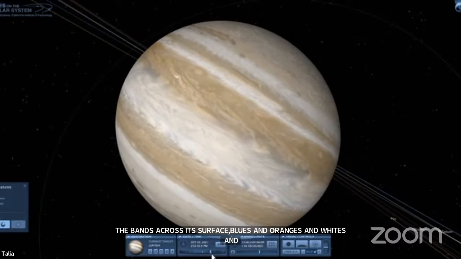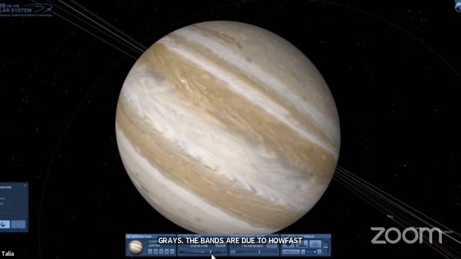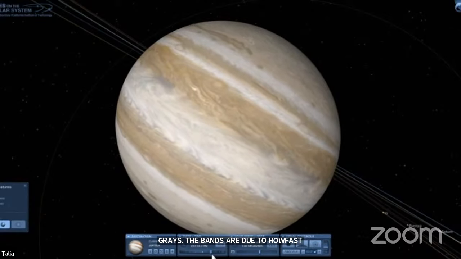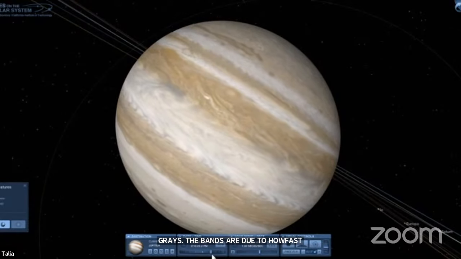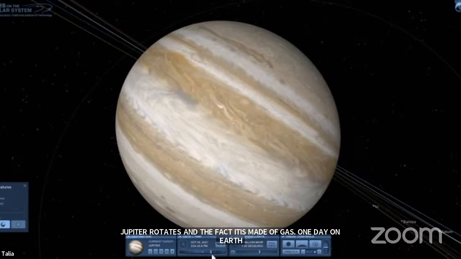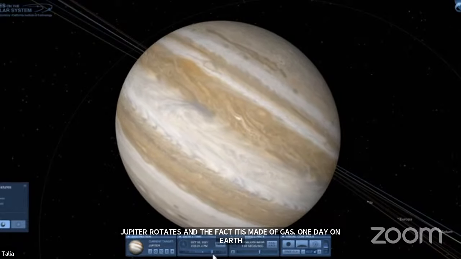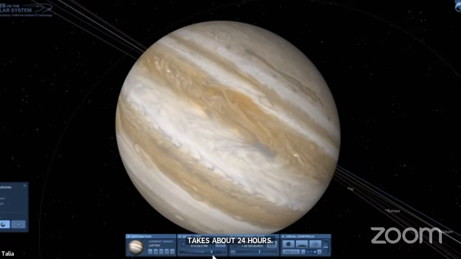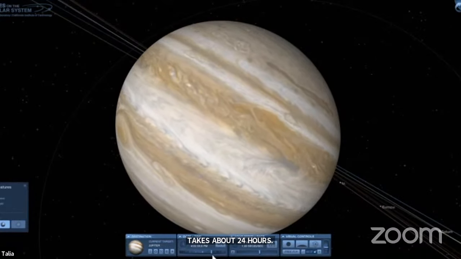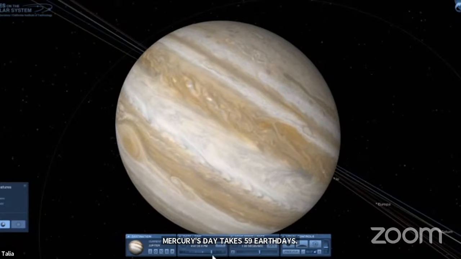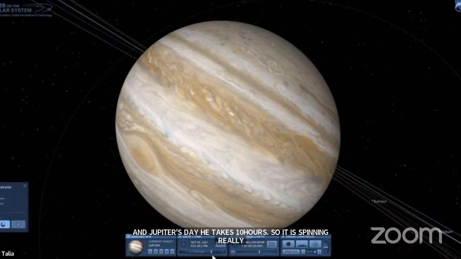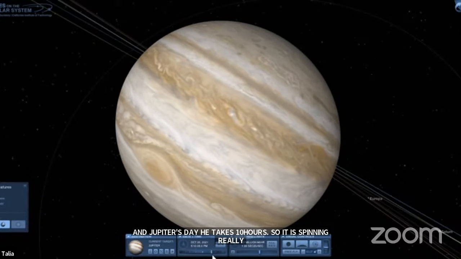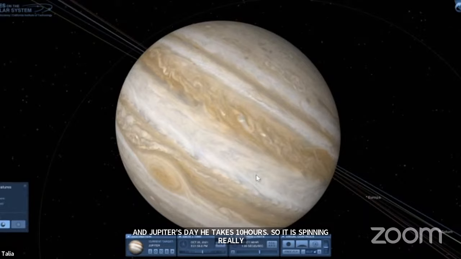So one day on Earth takes about 24 hours. Mercury's day takes like 59 Earth days, and Jupiter's day only takes 10 hours. So it's spinning really, really quickly. And we already talked about its size and its mass. It's huge and massive. So all of that material is getting dragged along as